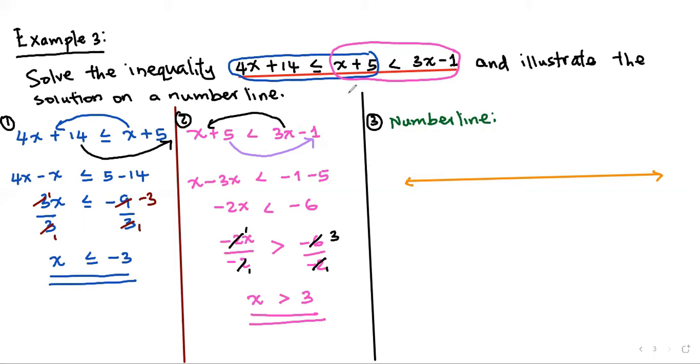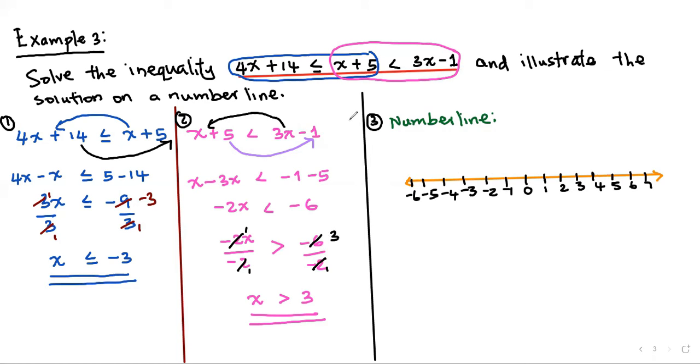Okay, so let's say that this is 0, 1, 2, 3, 4, 5, 6, 7, and let's have -1, -2, -3, -4, -5,